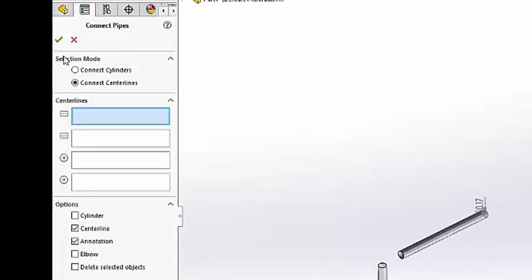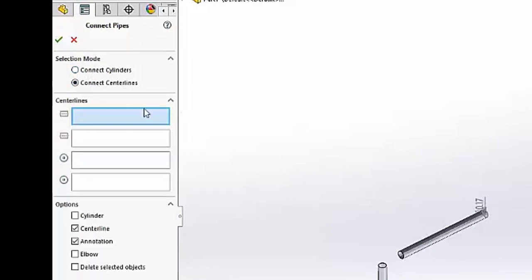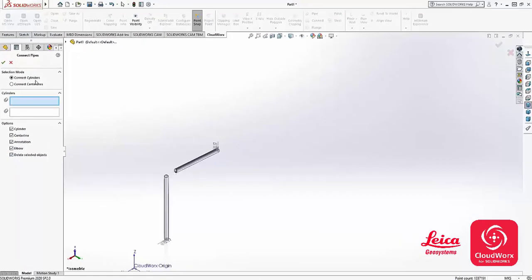So you can quite clearly see we've got two options. We can connect the cylinders or we can connect the center lines. It depends on how they've been fitted, whether you've got the right fit or the right alignment, as to which option you're going to choose. And then in terms of creating it, you can create the cylinder, another center line, the annotation, and also the